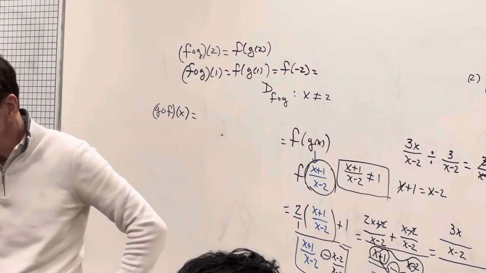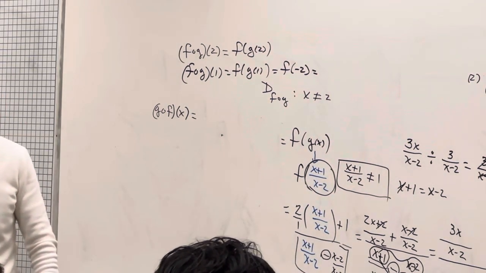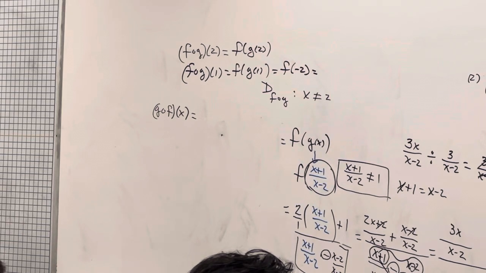We did the F circle G and got an answer of what, x? Now they're asking to do it backwards, G circle F. What do you think? I bet we get x again, even in the other direction. Let's see if we do that. Here we go. This means G of